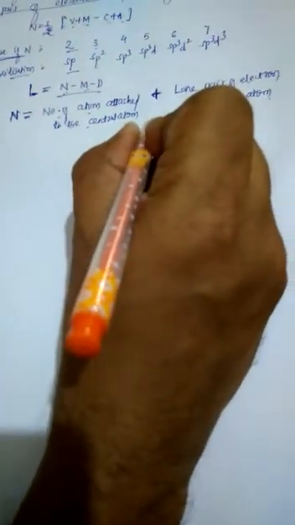And one more formula to find the number of lone pairs of electrons: n minus m minus d, where n is the number of hybridized orbitals, m is the monovalent atoms bonded, and d is the divalent atoms. Instead of using this, we can go through a very simple shortcut. To find the number of hybridized orbitals, first see the number of atoms attached to the central atom, plus the lone pairs of electrons on the central atom. If you know both, you can predict the hybridization state of any molecule.